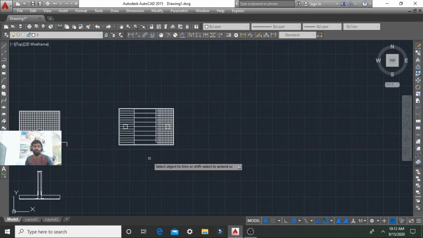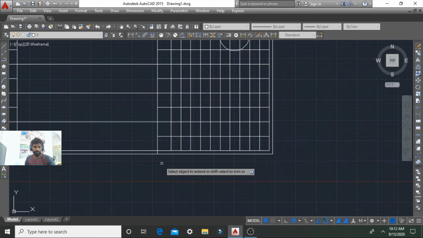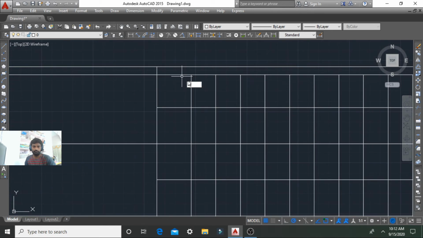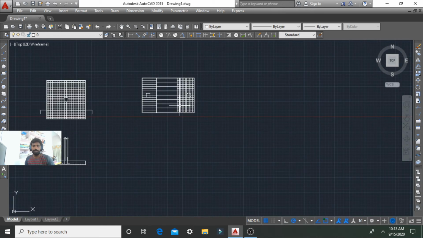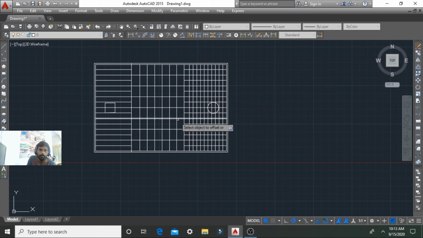The spacing is 440, and in the vertical direction the spacing should be 300 mm. 12 mm dia bars with 300 mm spacing, up to here.